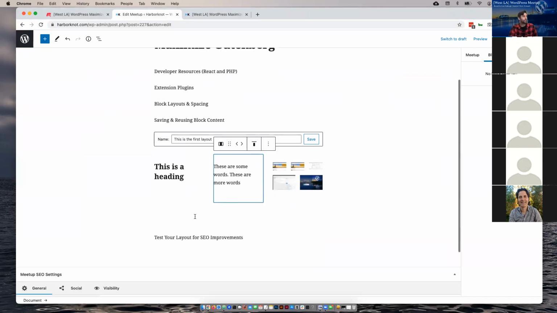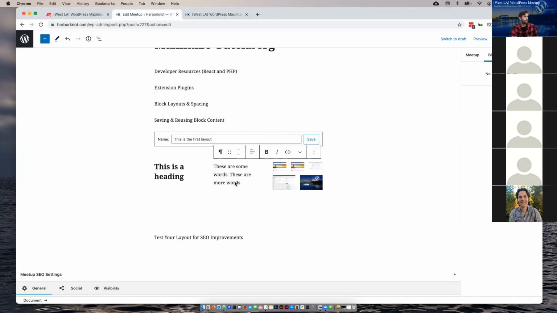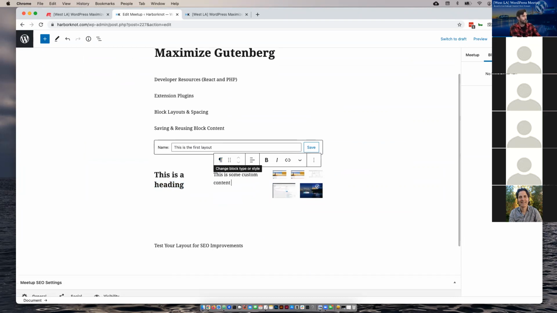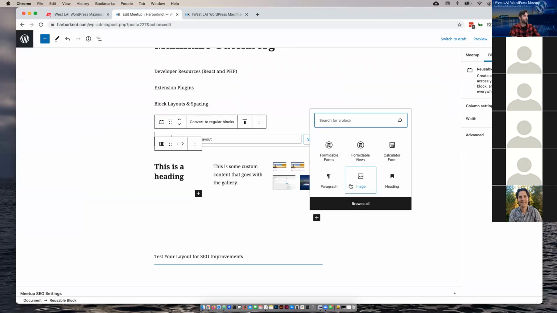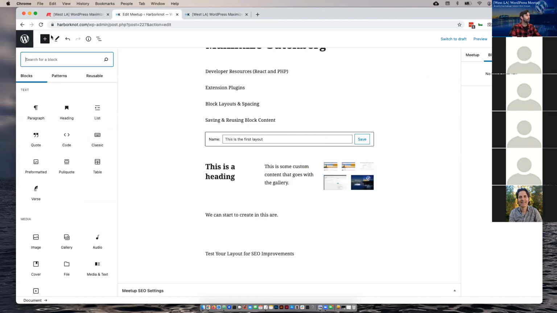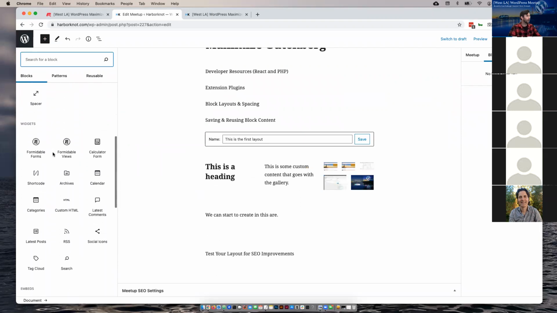But what we can do in here is we can start to add more blocks. Here, let's just, there we go. This is what I was looking for. We can start to create more content in this area, and we can start to add more blocks in here. We already have a gallery block in there, so I'm going to add,